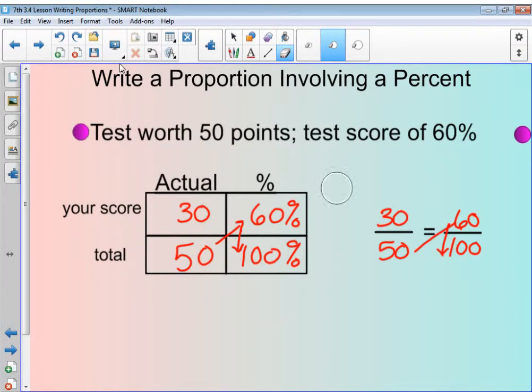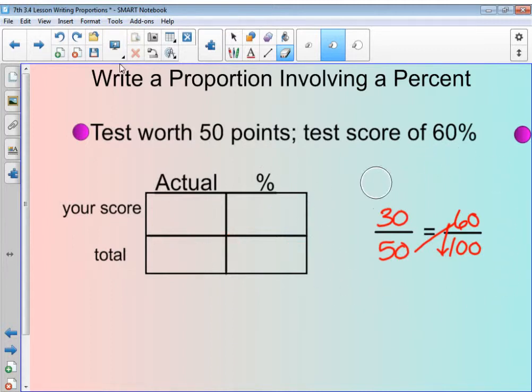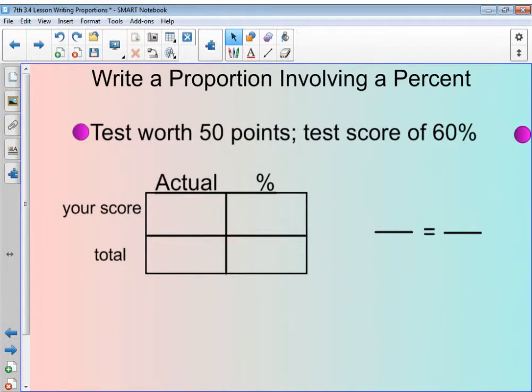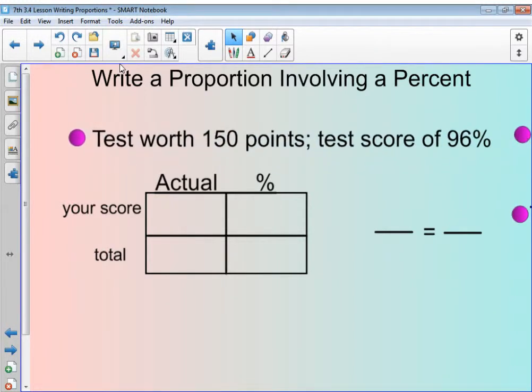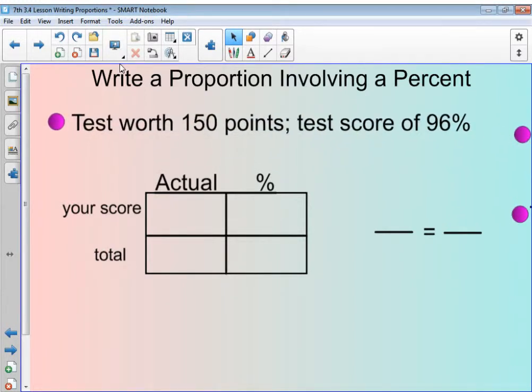Okay, so let's try another one. And this would be something where you may come into, where you actually work with this as you get older and you're trying to determine, when you get into those higher level classes in college, sometimes you have to figure out what percentage do I need to get a certain grade. Because grade point average in college, if you're trying to get into some of those upper level classes, you're trying to be a doctor, you have to maintain a certain percentage